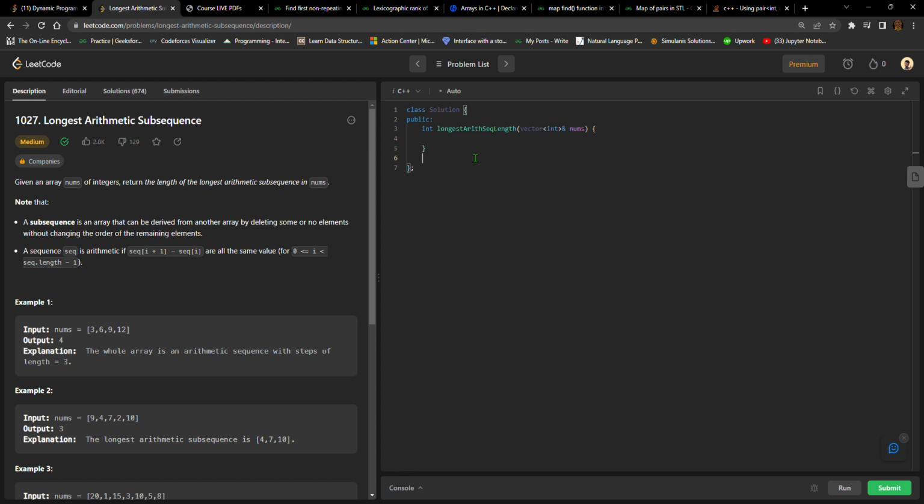We know what is an AP, like for example 1, 2, 4, 6, 8. This is an AP because this is having a common difference. This is also an AP, 1, 2, 3, 4, 5. This is also an AP. So we are right now not given any difference. We are just told that you need to find the longest arithmetic subsequence with any difference that must be